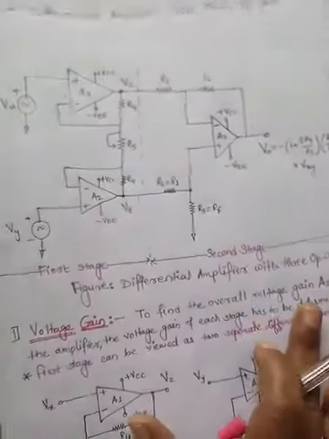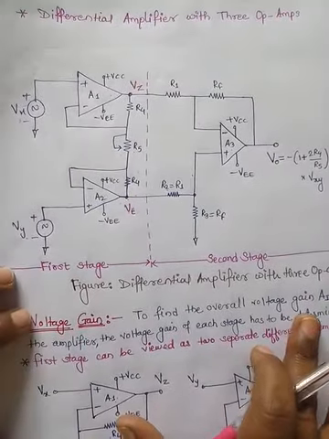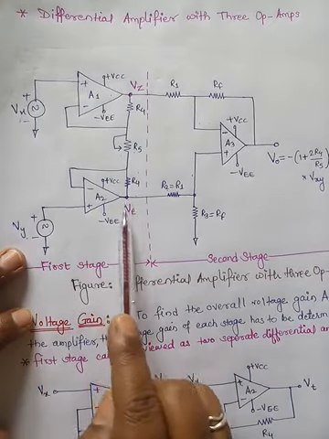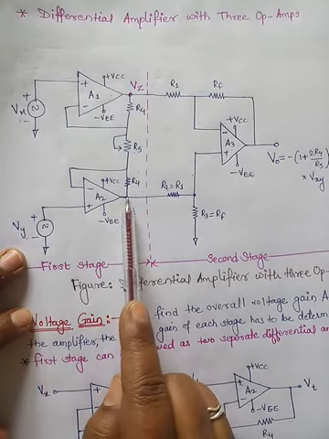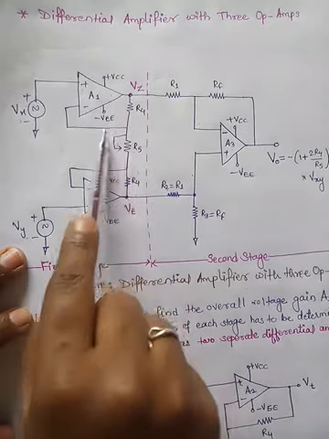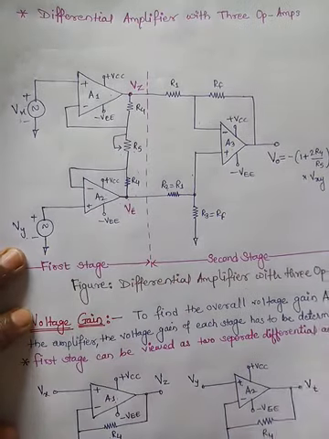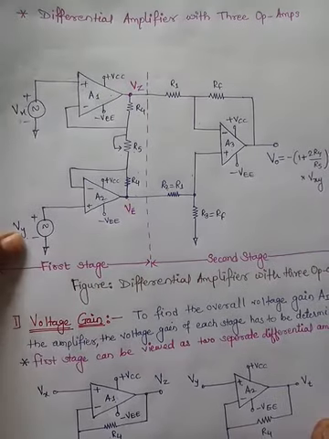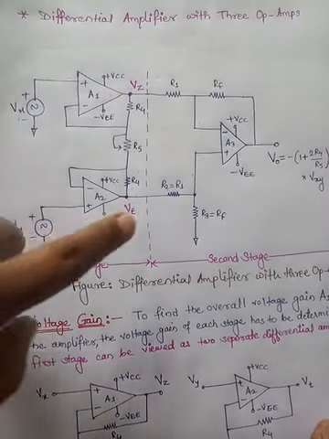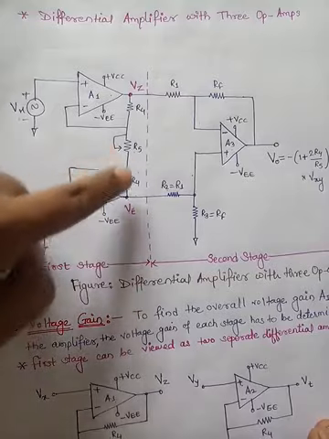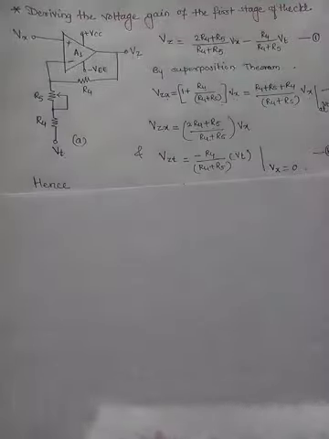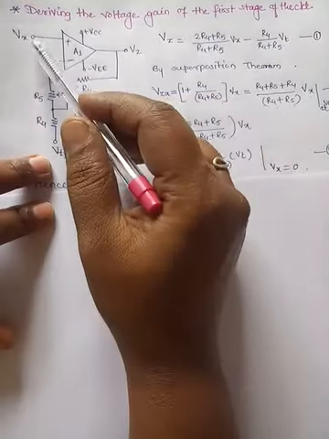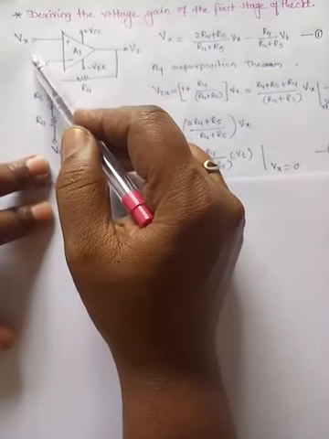If you want to again go for the circuit, look at this. This is V of y that we are providing, because of which Vt voltage is present at the output, and this will act as one of the inputs for the first op amp. Our consideration is Vx is equal to 0, V of y is present. V of y is present means Vt is present. And for this, another input Vt is present, and this is equal to 0, ground potential.